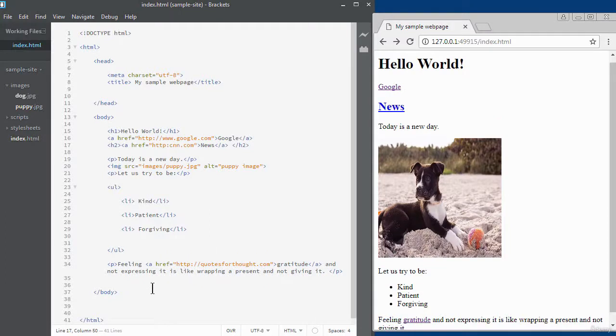So in my paragraph here, I have relocated the anchor tag and also the href attribute from the entire content. So I've wrapped it around just this text here called gratitude. So you can see this is the beginning and this is where it ends. So hence you can see for the content of this paragraph, the only thing that's linkable here is this text called gratitude. So if I click on that now, it will take me to this website,